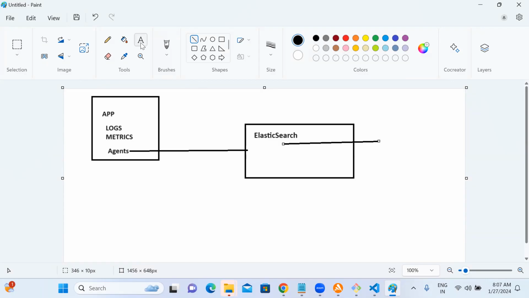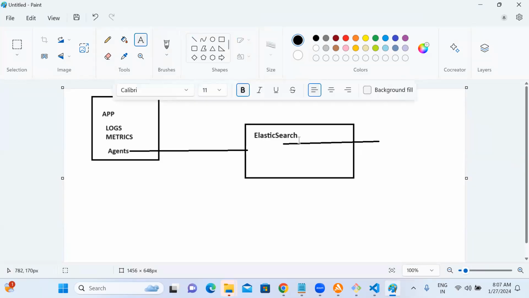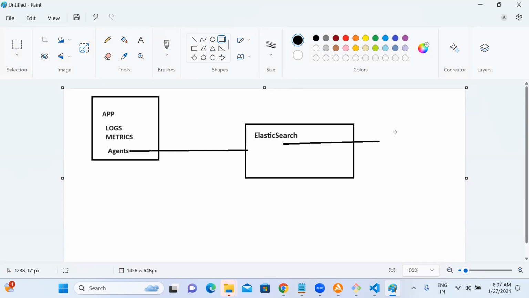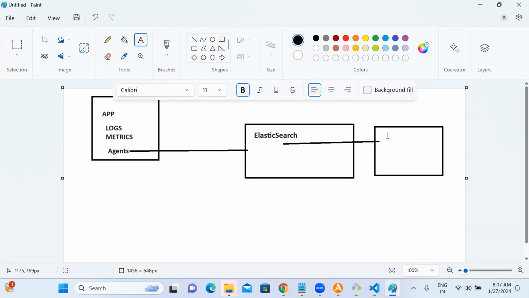Internally it does the indexing also, that is Elasticsearch. But Elasticsearch doesn't have good visualization. You cannot do good visualization on top of that. For that, people use a tool called, where is this man? People use Kibana.